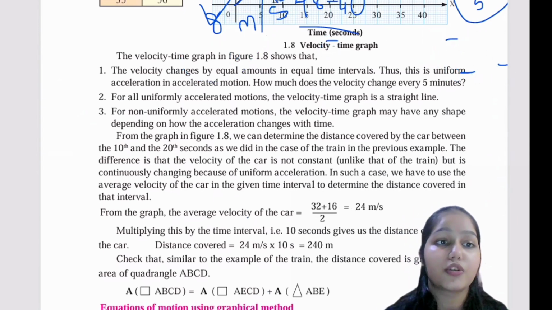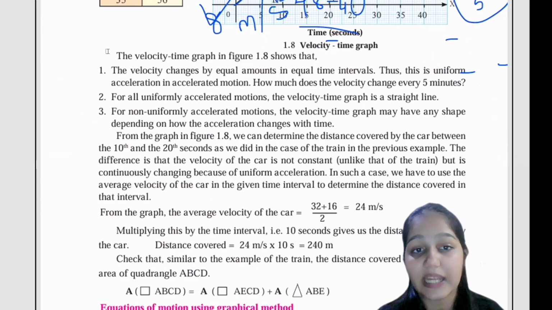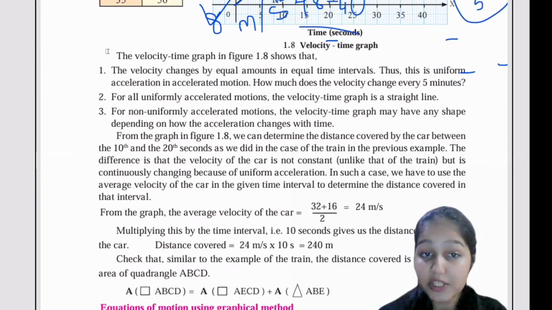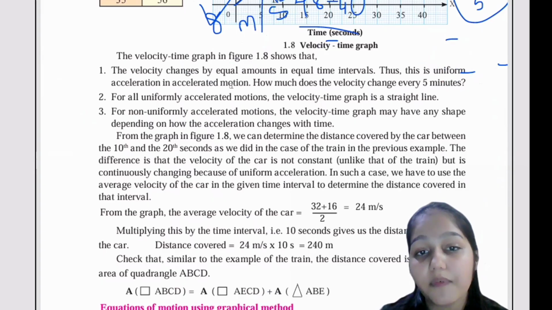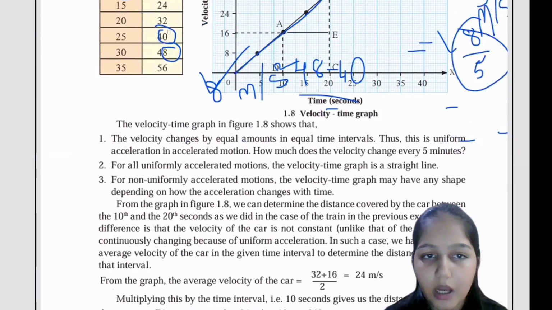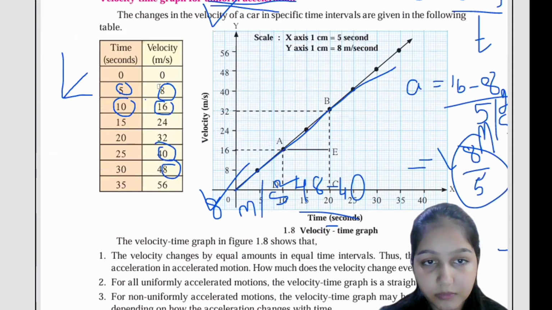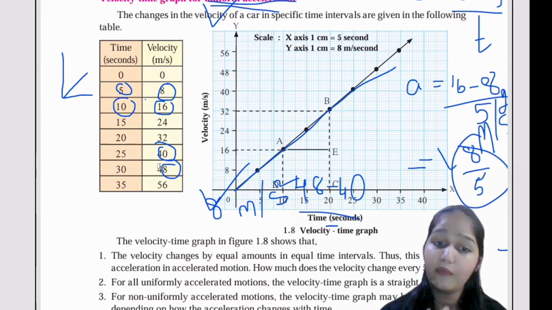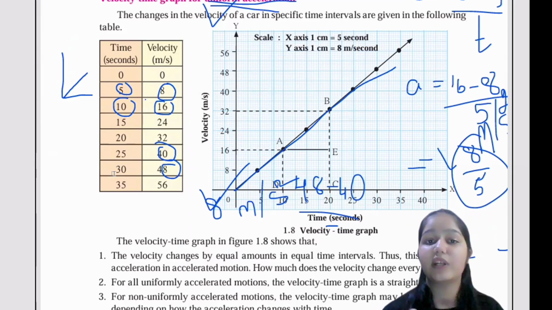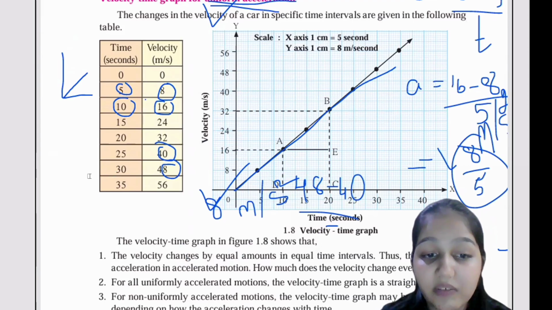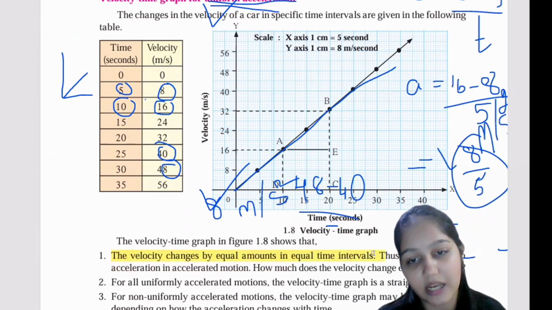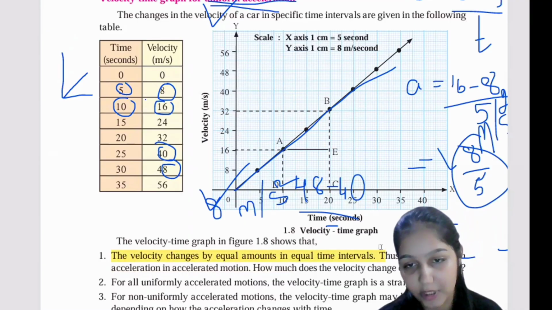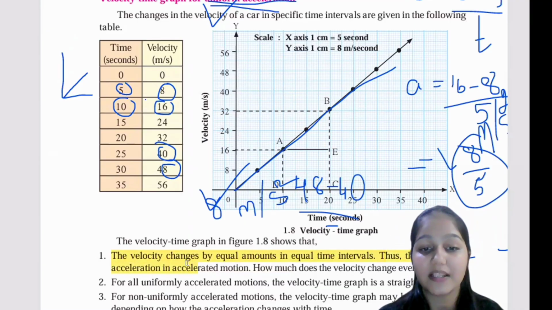So here it says that the velocity time graph is shown in 1.8. The velocity changes by equal amounts in equal intervals of time. Agreed. Equal amount, 8 का difference, 8 का difference, 8 का difference, 8 का difference. So the interval of time is also 5, 5, 5, 5, 5 difference. That is clear. That is an equal interval and equal changes. That is agreed. Thus, the motion is uniformly accelerated. Absolutely correct. That is why there is a uniform acceleration.